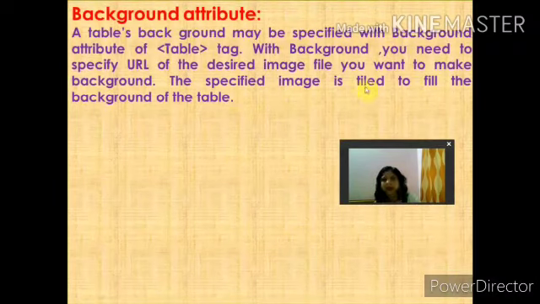The specified image is tiled to fill the background of the table. So I will show you how you can put an image in the background, not a color. BG color is used to put a color in the background, where background is used to put a picture. You have studied background in the body tag also. So how can we put a picture in the table background?